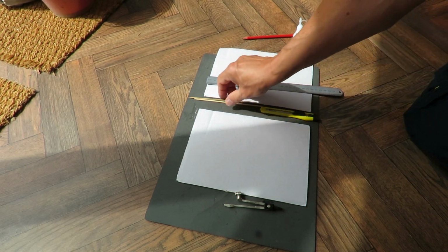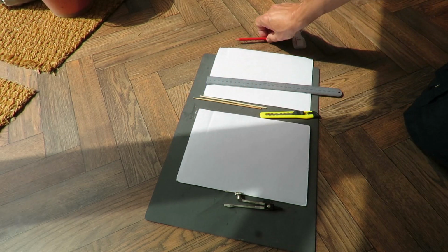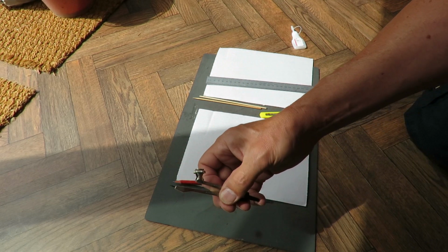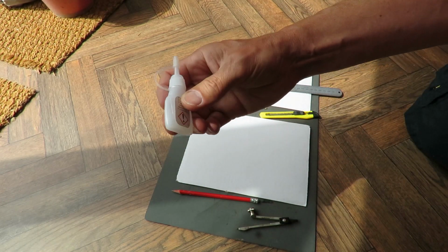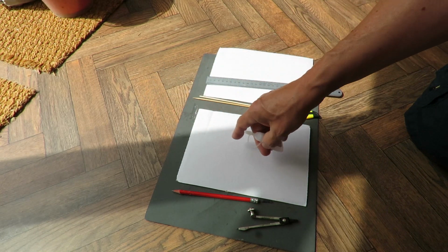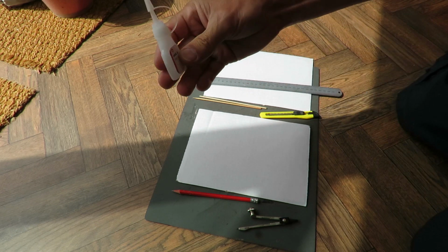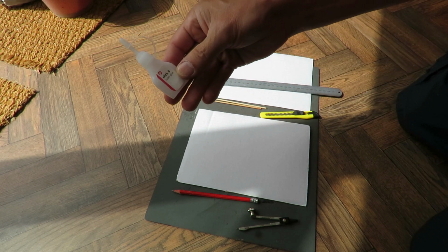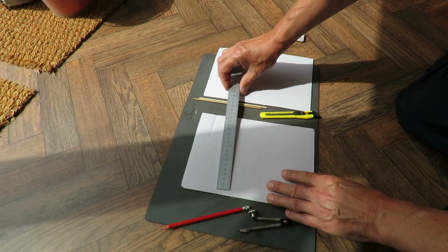Got a knife, got a couple of bits of barbecue skewer, pencil, compass, and I've got some super glue there. I don't know if that will be any good. It usually doesn't work very well on cardboard. It's very thin, that stuff. Poundland, I think. Anyway, what I'm going to do